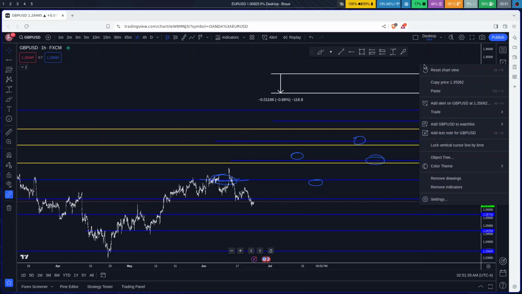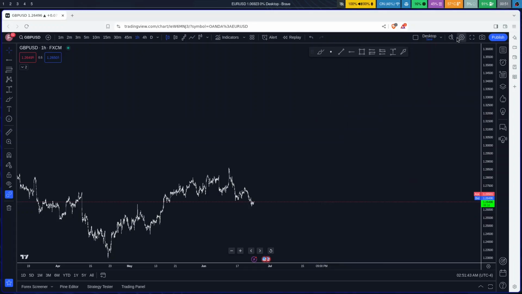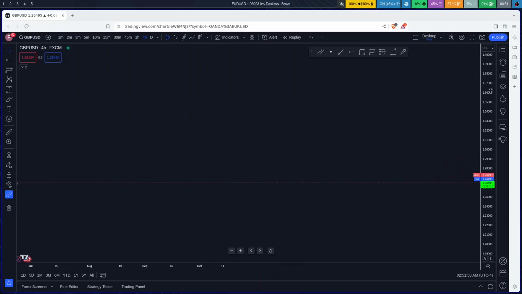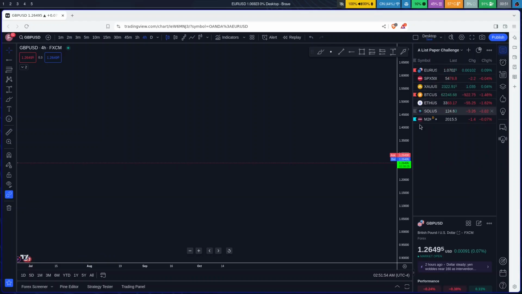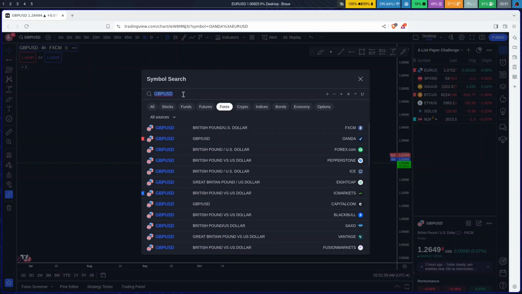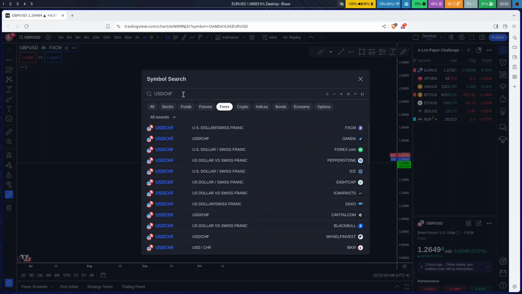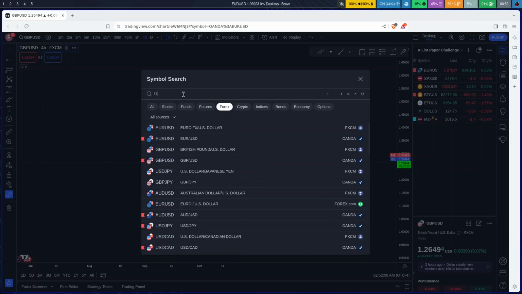So I'm going to go ahead and close this out. Remove all the drawings, and then I'm going to show you a way to where you can practice this now for the very last part. So what I like to do is I'll shrink that scale, and I'll actually use a different pair. Let's see, what can we do here? Let's do USD. Yeah. Let's do a fun one. Let's do